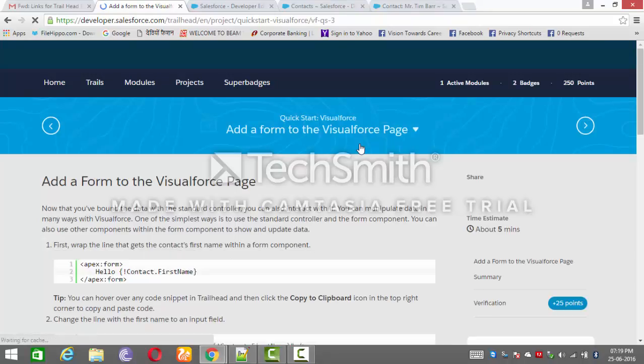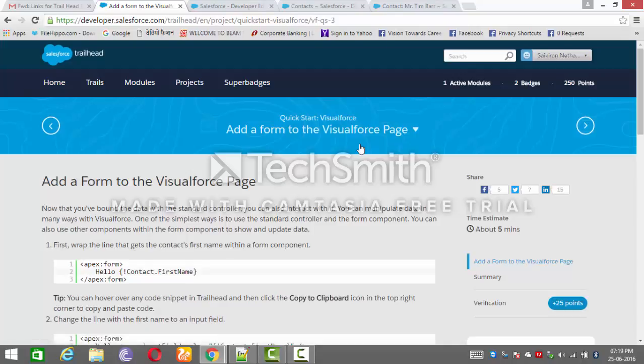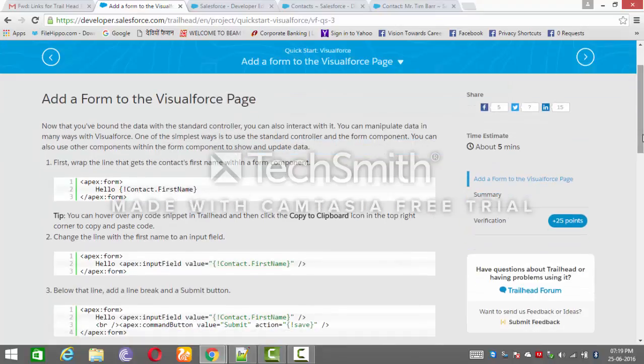In the previous unit, we just retrieved the data. Now we will try to interact with or make changes to the data. The step is add a form to the Visualforce page.